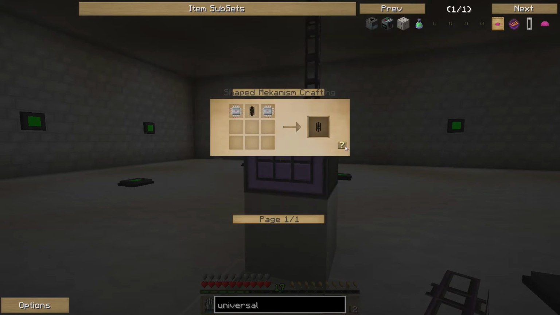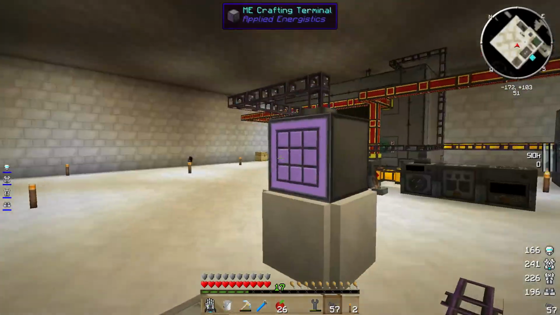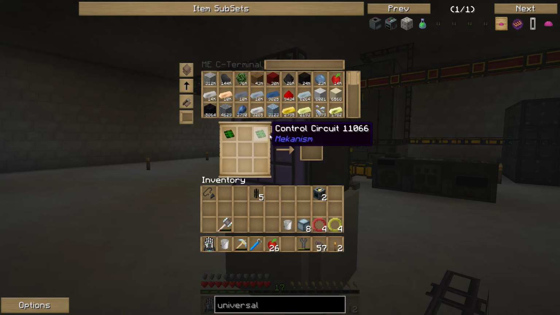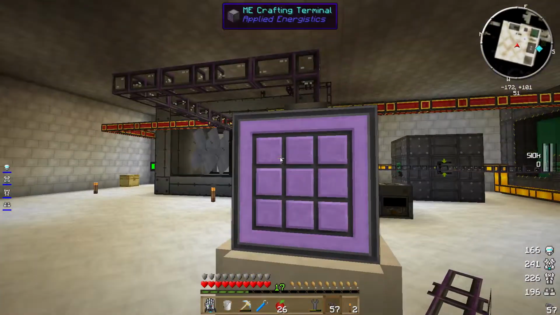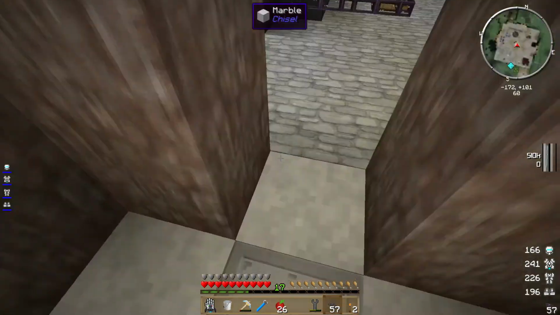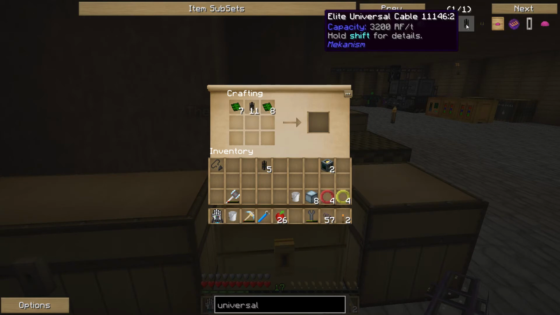That's weird. Why aren't you crafting? That's really bizarre. Let me try somewhere else. Let me see if it works upstairs. Unless it's not possible to craft them anymore. Why are you not working? Why can't you craft elite universal cables anymore? That's really bizarre. Let me grab advanced and see if I can just craft it in an ordinary inventory. Oops-a-daisy. I need some, what are they called? Control circuits. So I need circuits. Let's grab a few of you. Let's find an ordinary crafting table somewhere and see if these will just craft. If not, they're just being fiddly. Why won't you craft? That is really weird. The recipe's working, but...